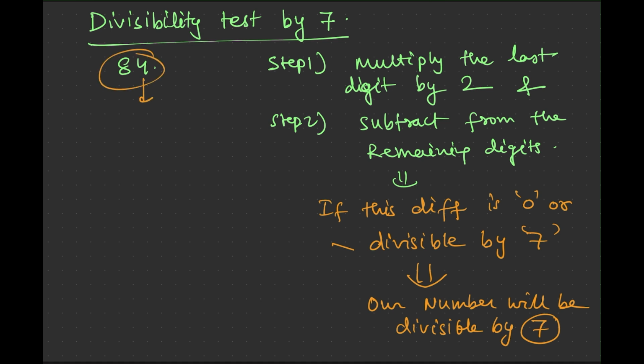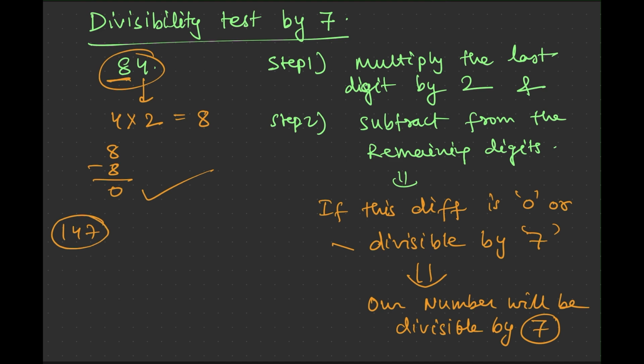So the last digit is 4. We will multiply 4 by 2, we get 8, and if we subtract 8 from the remaining digit, 8 minus 8 is 0, so 84 is divisible by 7. Similarly, if we take, suppose,